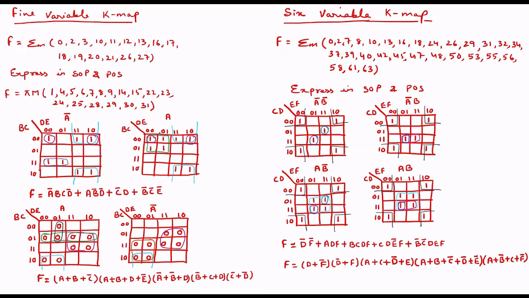A will not come into the picture. Let us check either graph for BCDE. You can see BC is common, and from top E is common. All of them are in complement. So B complement, C complement, E complement. I hope you are clear how I am taking the equation from these 2 graphs for 5 variable. In a similar form I have done it for 6 variable. But here I have taken zeros in place of ones, and I got the maxterm equation.